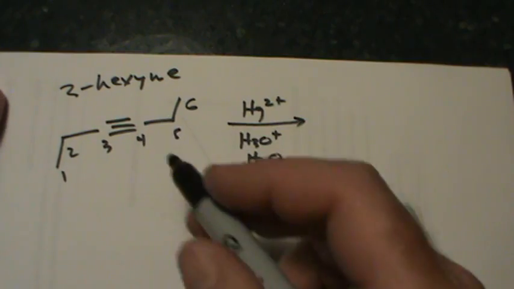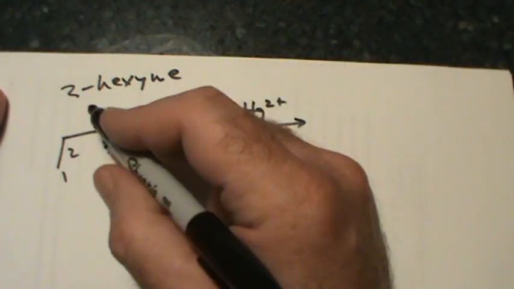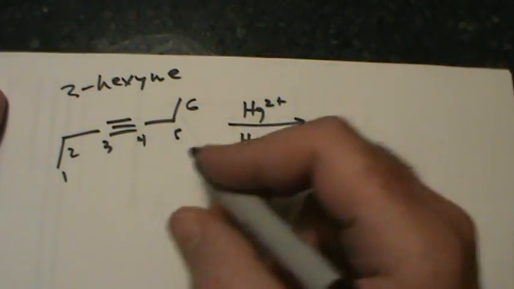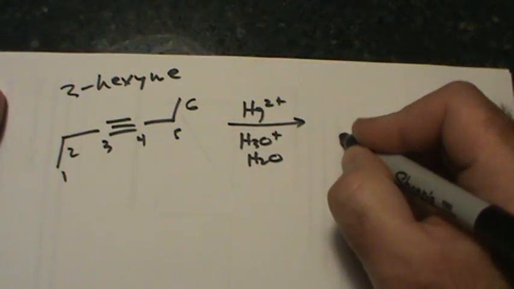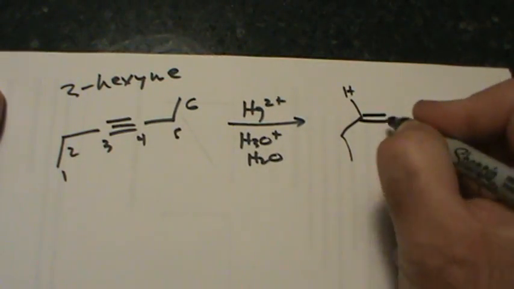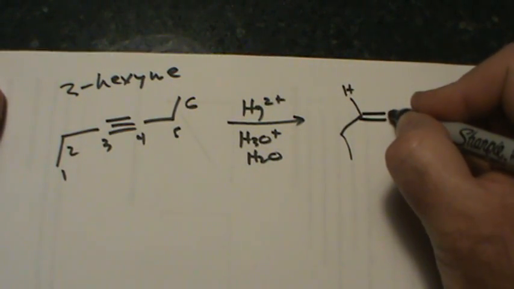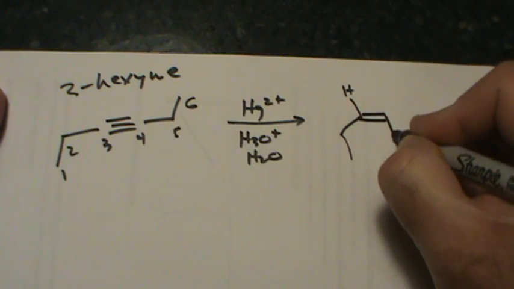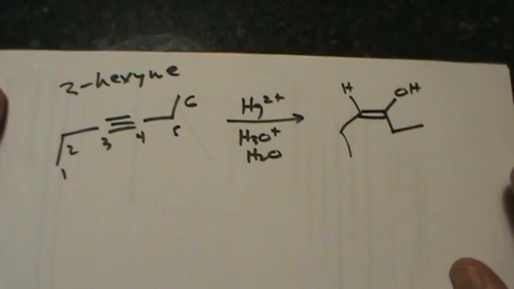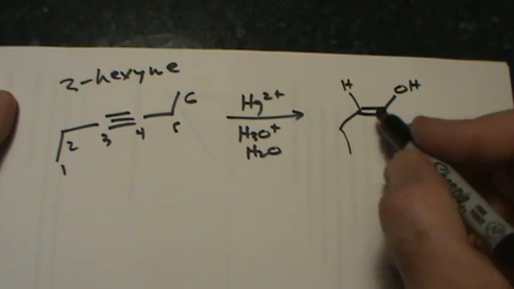There is some symmetry in this molecule, so regardless of which direction it adds in, I'm going to get the same product. So for example, let me just arbitrarily decide that I'm going to add my hydrogen across carbon 3, and my OH group across carbon 4. That gives me this enol,